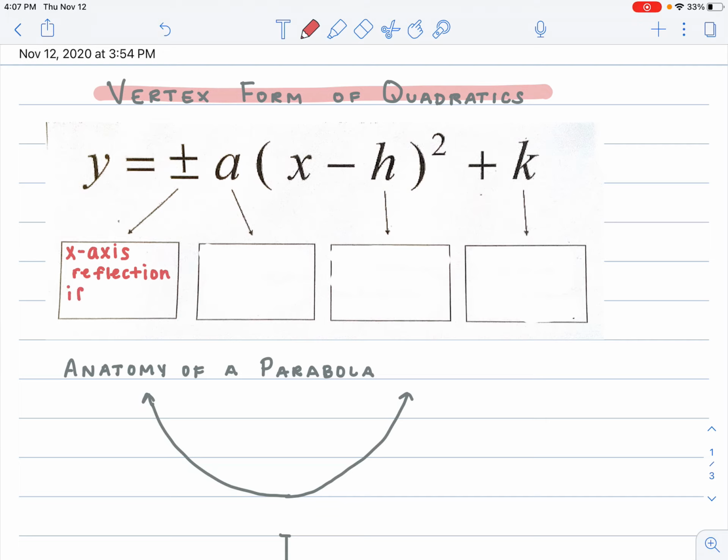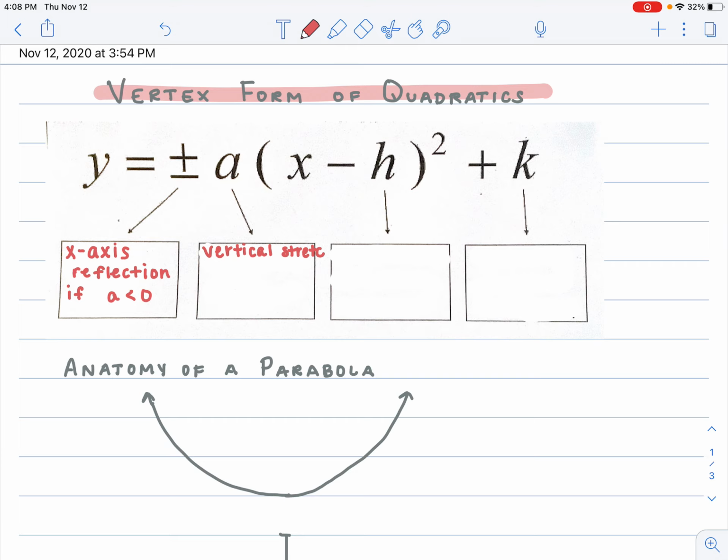Okay, so that happens if the a is less than 0. So if a is negative, that means it reflects over the x-axis. If a is positive, that means there's no reflection. The a is your vertical stretch or shrink. So it is a vertical stretch